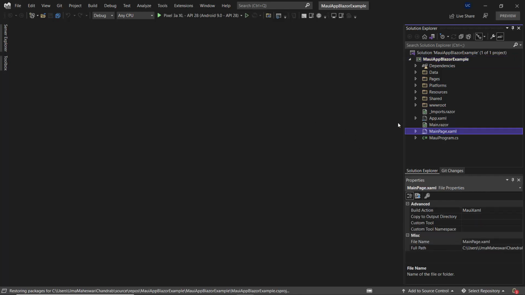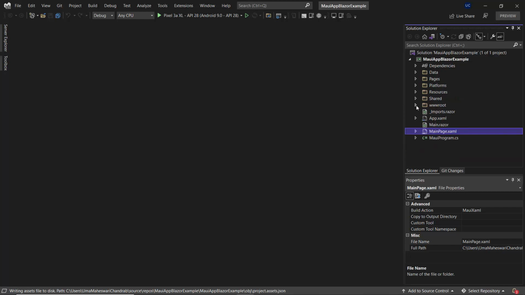Now let's explore the folder structure of this particular MyUI Blazor app. Here you can have a look at these folders, which are more similar to a Blazor application. You can have a look at this pages folder, which has the same components like index, fetch data and counter.